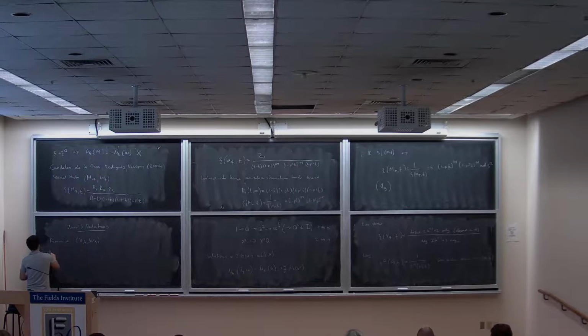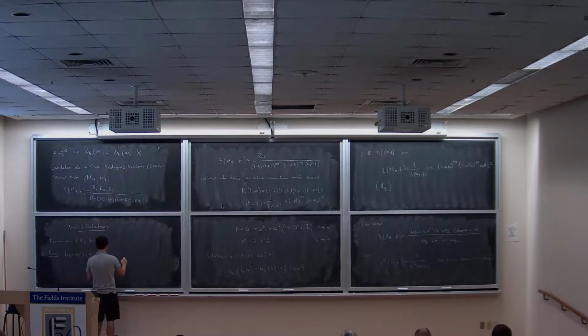Well, first, the number of points nk with coordinates in Fq to the k is closely related to the reciprocal poles and zeros of the zeta function. So if the zeta function is equal to